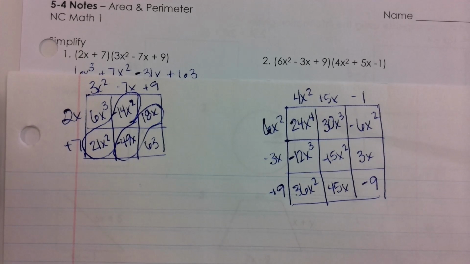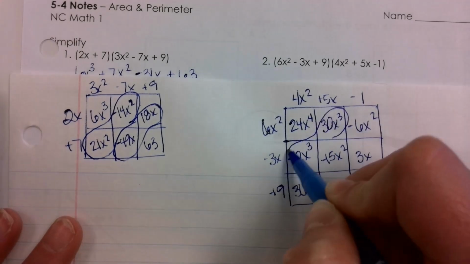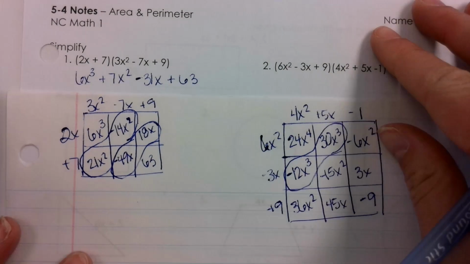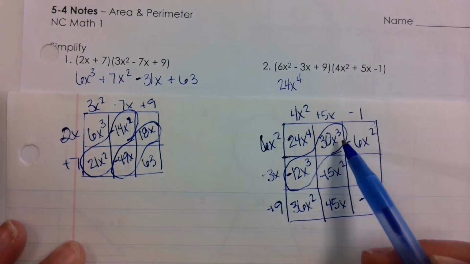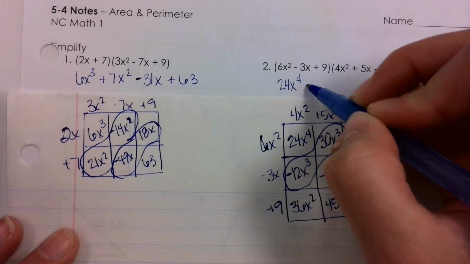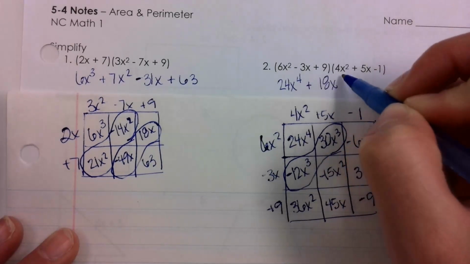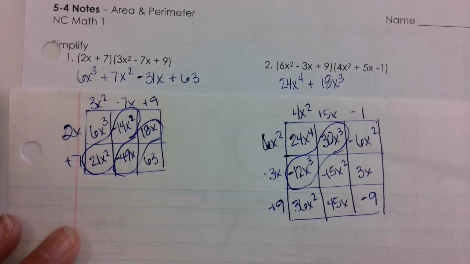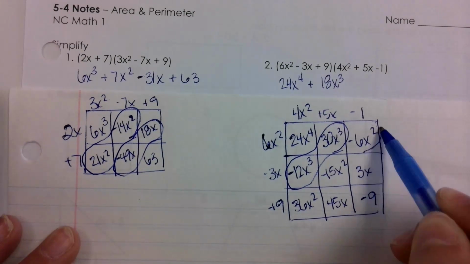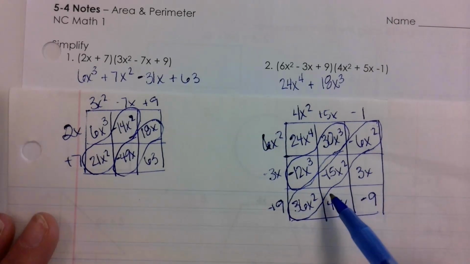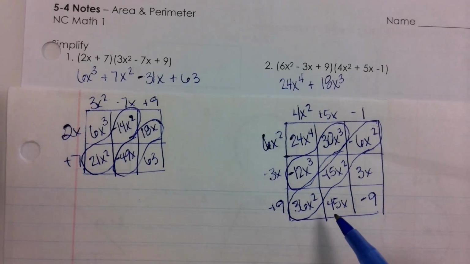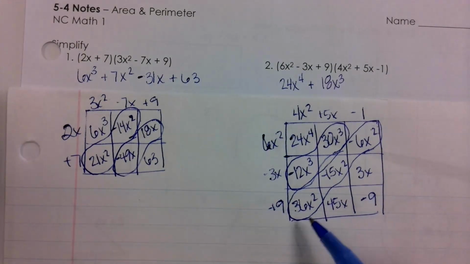So we still have to combine like terms, right? What like terms do we have this time? 30x cubed, negative 12x cubed. I'm going to go ahead and start writing our answer up here. So we got 24x to the 4th. Then what's 30x cubed minus 12x cubed? Okay, what other like terms can we combine? So what's negative 6 and negative 15? Negative 21, so 36 minus 21 gives you